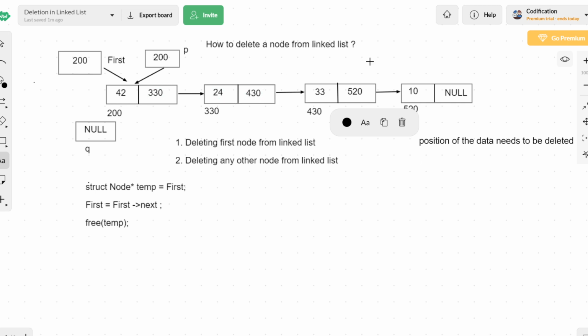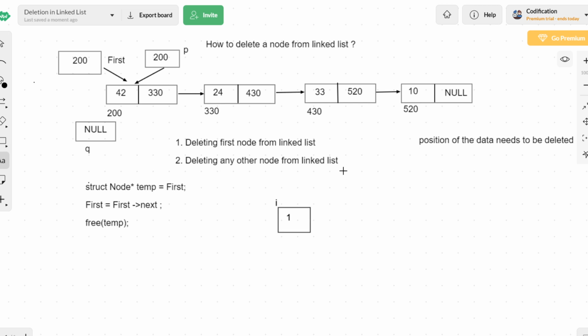If it and the position of the data to be deleted are equal, then I can stop the process. So first, we will take one more simple variable called I, for example, and its value will start from 1.